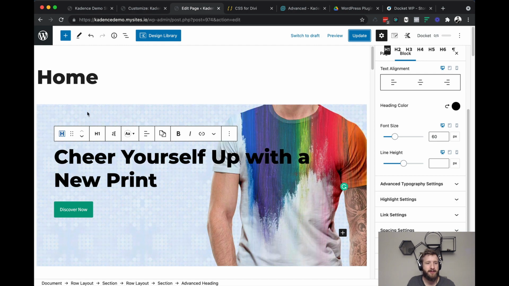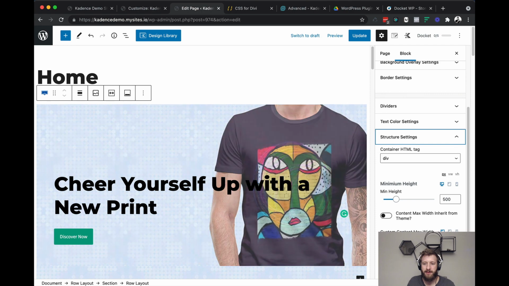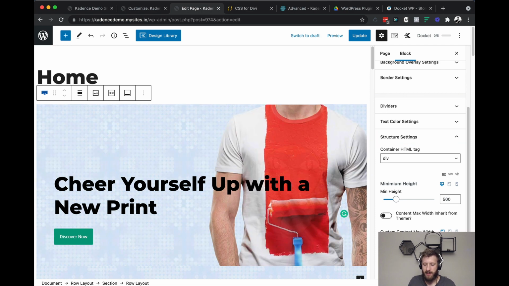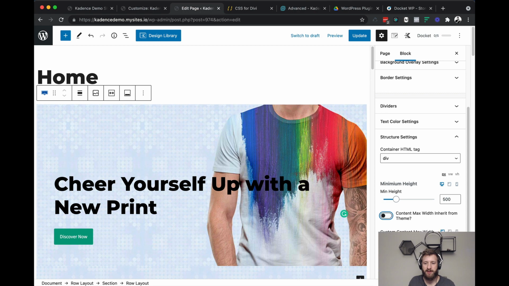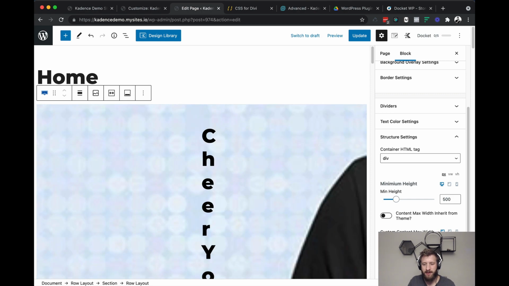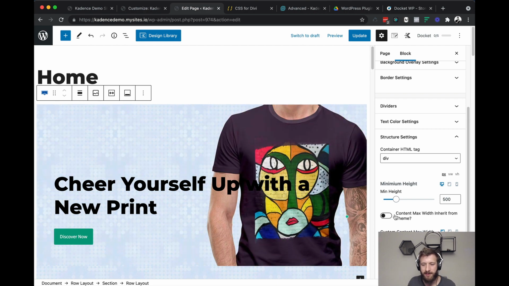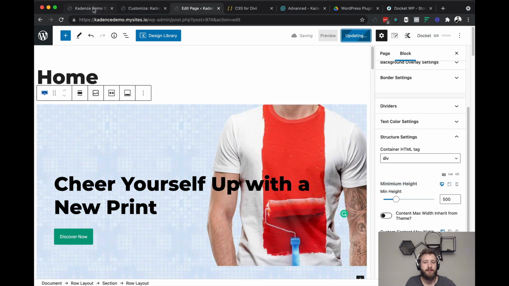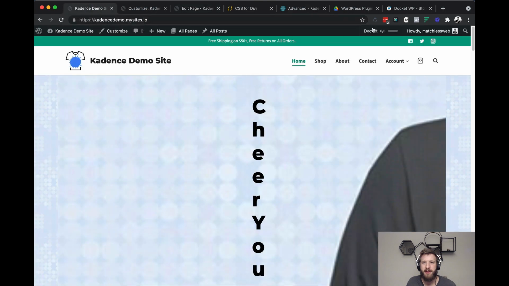Okay, yeah, I forgot to, on the row itself, under structure settings, max width. If I type something in here and then back it out, sometimes I have found that you might have to quickly toggle the inherit from your theme or something, because if you've entered some value here and then just hit backspace, if it doesn't automatically go back to default, you might have to just enter some value and delete it really quickly. Okay, thank you for bearing with me while we do some on-the-fly troubleshooting.